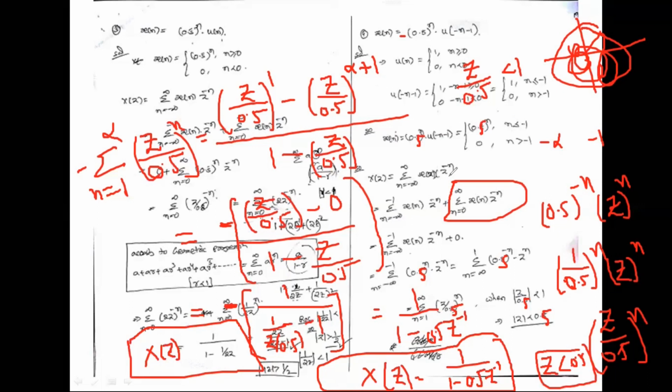When we consider inside the circle, for all the values inside the circle, the function exists. For the remaining values, it does not exist. Got it, my dear students? Modify this as minus 0.5 u of minus n minus 1. Remember this one. Both the functions we were given, 0.5 whole power n and minus 0.5 whole power n u of minus n minus 1,